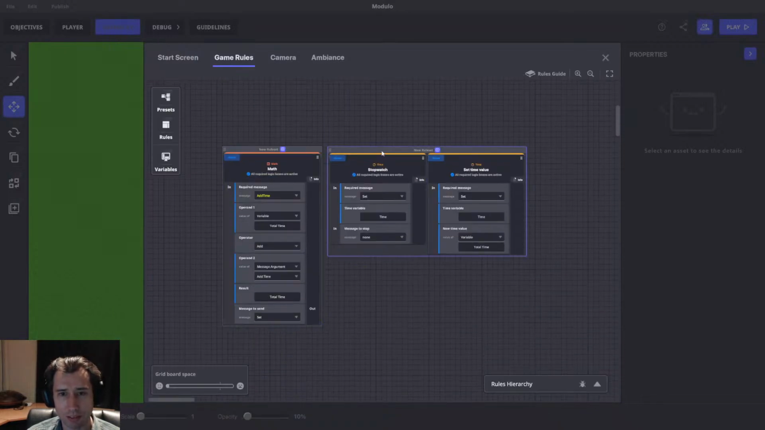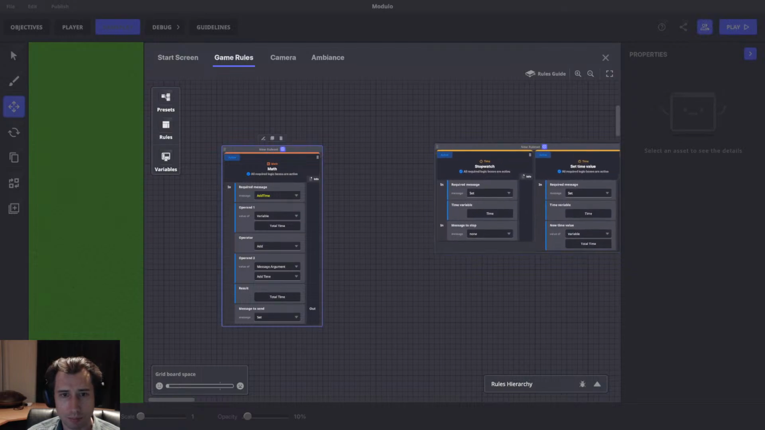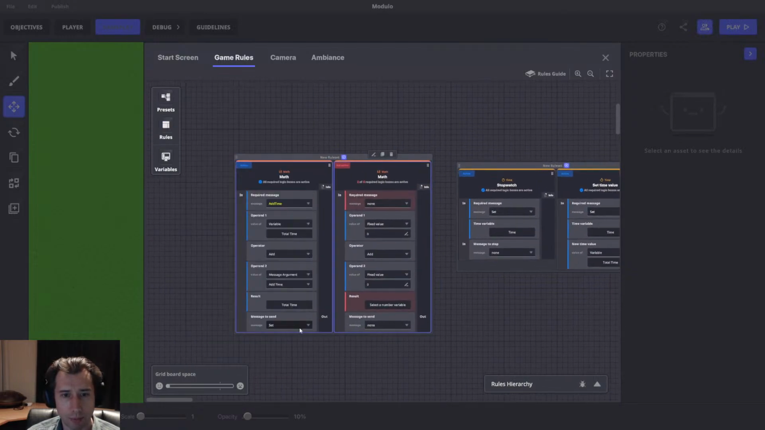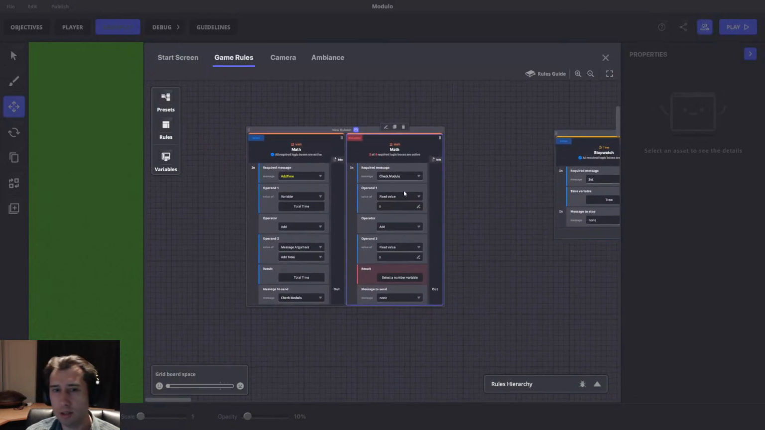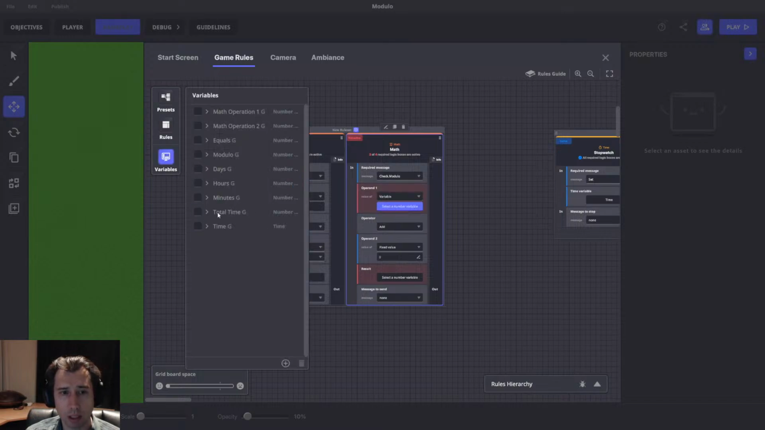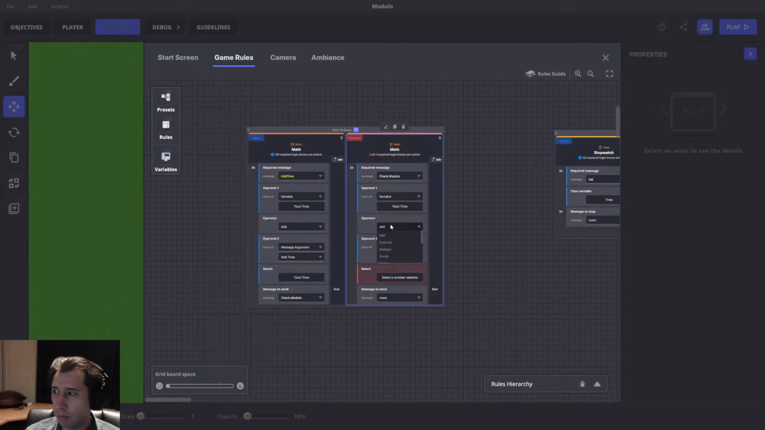So we've got set. And what we can do here is we'll do another math. And we'll check modulo. Alrighty. Okay, so if we want days, what we can do here is we can check the days variable. So variable, we're going to go total time. And what we'll do is we're going to divide it by,